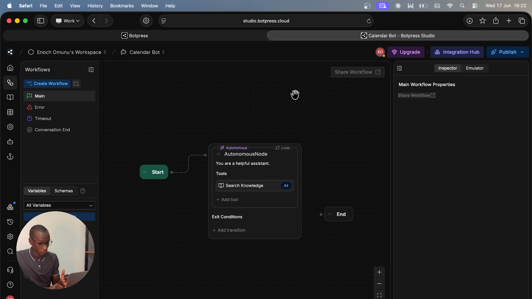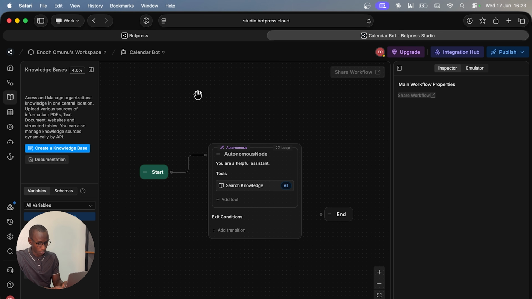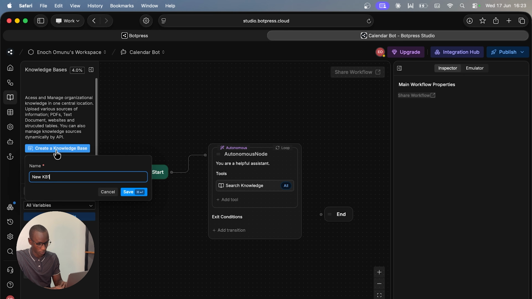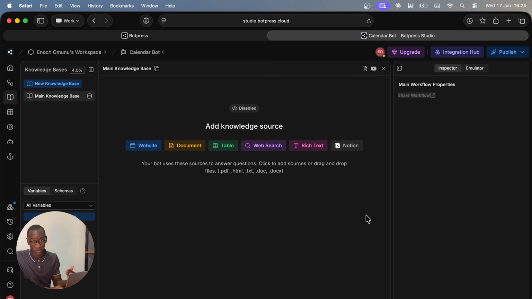So the first thing I'll start with is uploading knowledge to the AI chatbot. You want to head over to this book icon on the left bar here in the studio, click that and then select create a knowledge base, give it a new name. So I'll just say main knowledge base. It should send you to a page like this where you can upload your chatbot's knowledge,